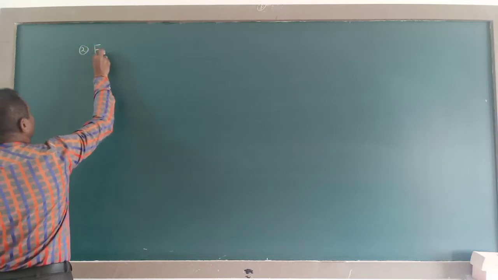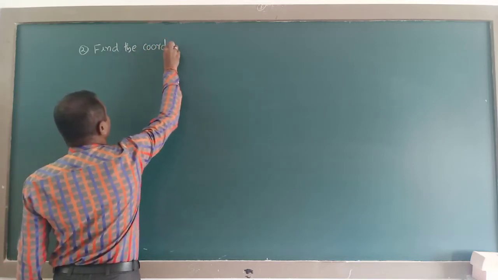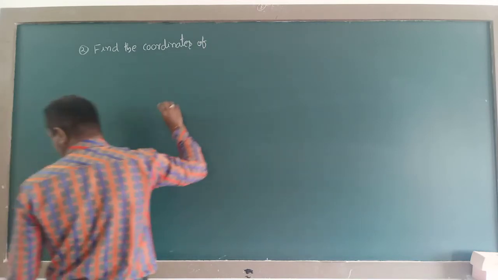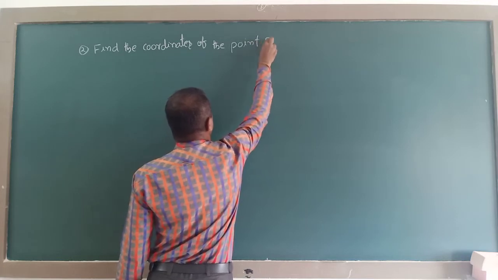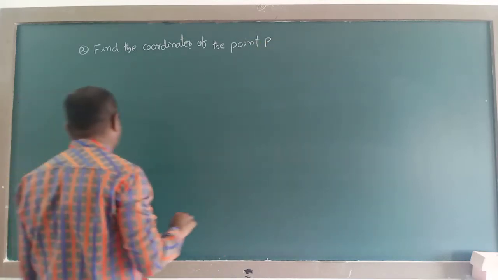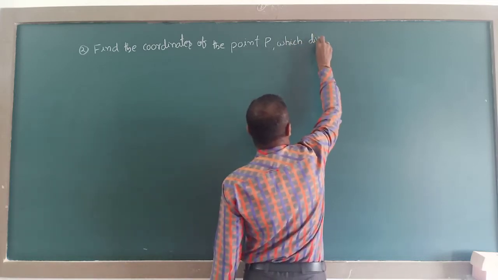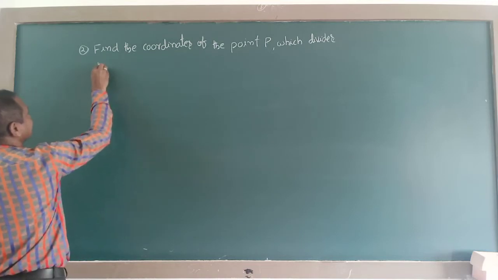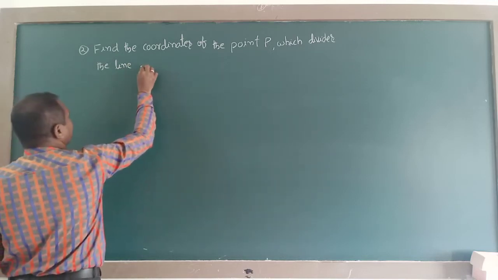Find the coordinates of division points. Second question: find the coordinates of the point P, which divides the line joining the points